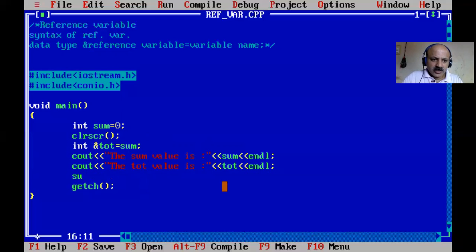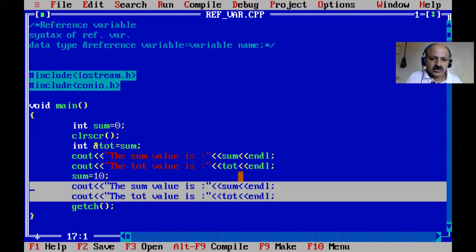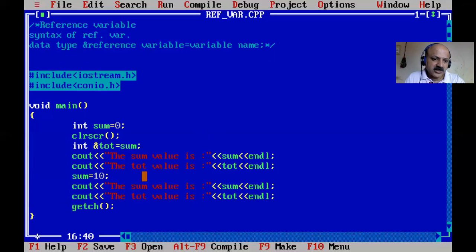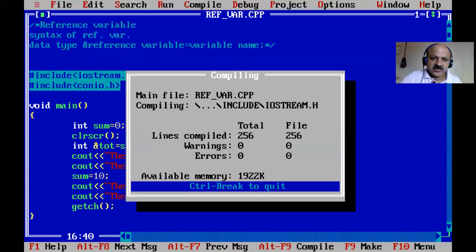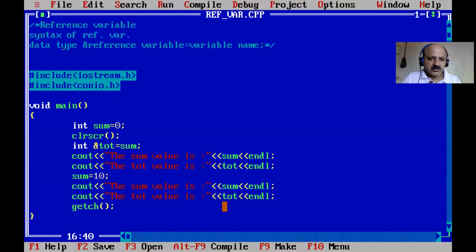So now here I initialize sum equal to 10, and again both these variables I just copy and paste here. So let us see what happened. I initialize sum to 10, so both print 10, so that is one cell and two names, that sum and total, that is 10, initially 0, we had already initialized sum to 0. Now we can initialize total. So what happened? Yes, 20, and then print again.